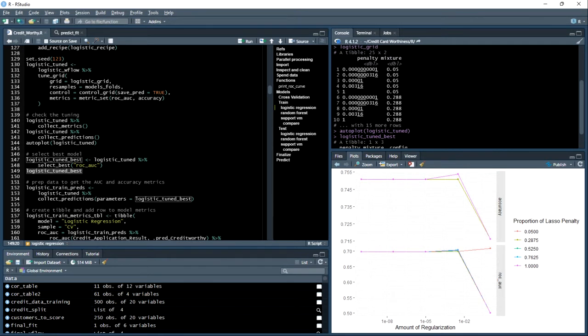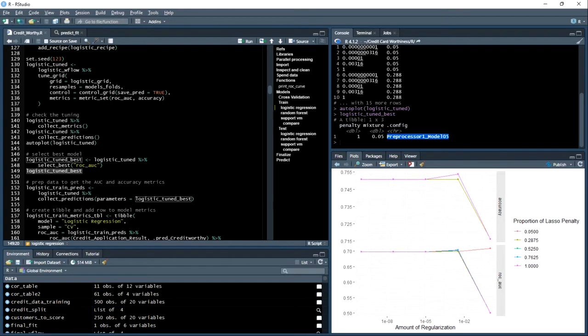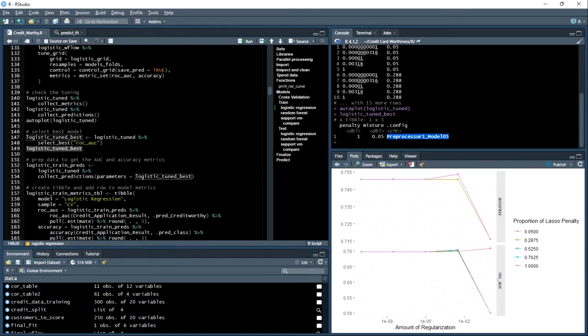So 25 models were tested, and model 5 was deemed the best result based on the metric of ROC AUC. Okay,